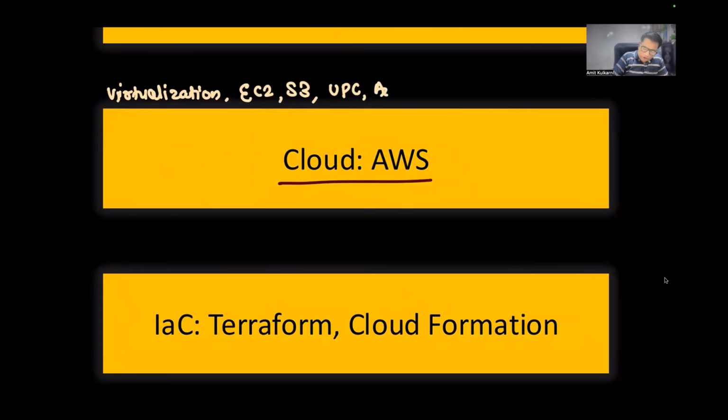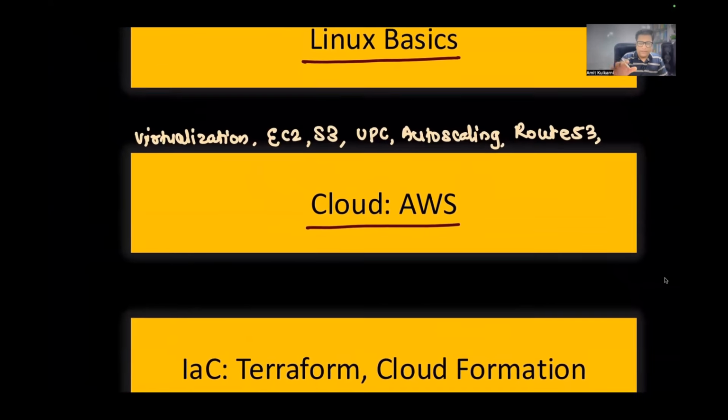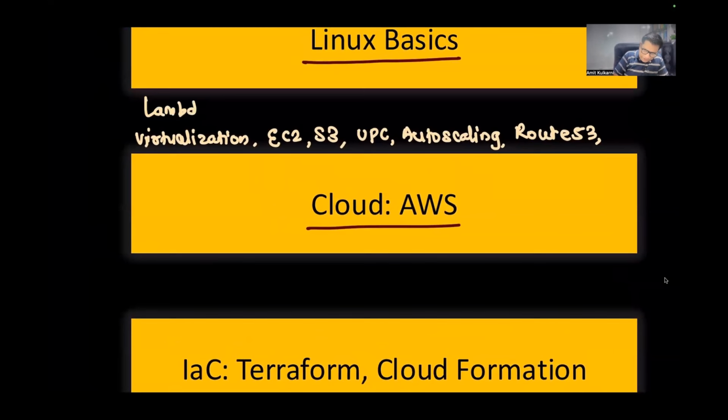We'll be talking about auto scaling. Then we'll be talking about maybe Route 53. It is a DNS, Route 53, which is like a DNS in AWS. We'll be talking about something called Lambda. And then, in the first half, we'll be talking about these services. Once we are done with almost everything in DevOps, then we'll talk about DevOps on AWS. So DevOps on AWS is a totally different type of services, like CodeCommit or CodeBuild, and so on and so forth. So there are multiple options available here.